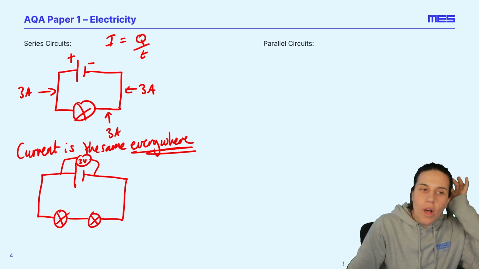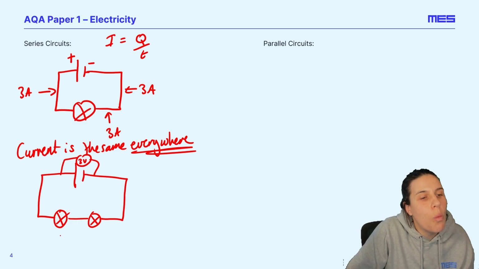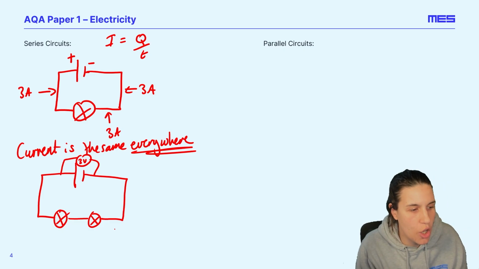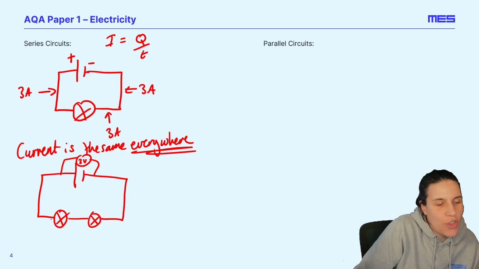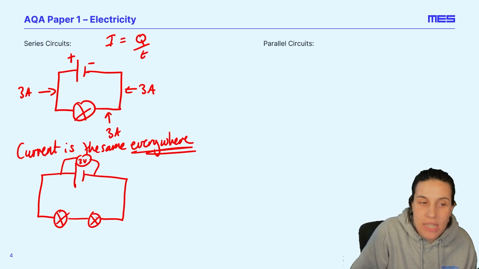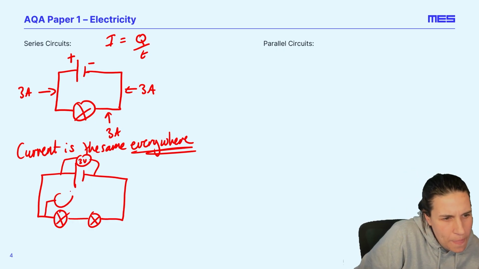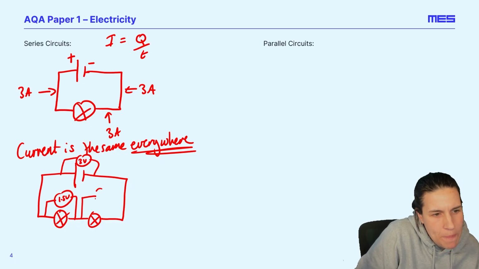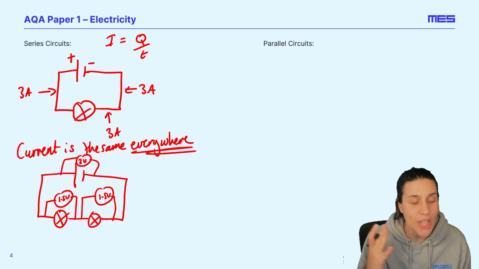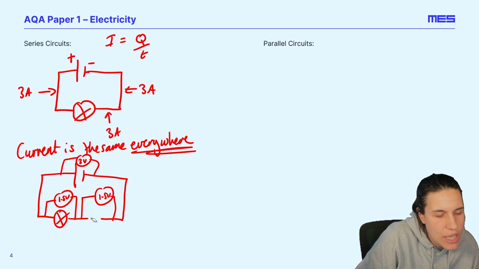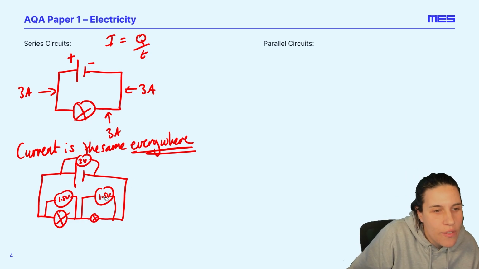Okay? Now, what's going to happen is that because there are 2 bulbs in the circuit, it's not like one of the bulbs is going to turn on and the other one's not going to turn on. So what the electrons will do is that they will share their energy. They'll transfer some energy to this light bulb, some energy to this light bulb. If the light bulbs are identical, they'll transfer 1.5 volts of energy to that one and 1.5 volts of energy to that one. Okay. If the light bulbs aren't identical, let's say that this one is really small, so it's got a smaller resistance, which is like the opposition to the flow of charge, then that might split to being